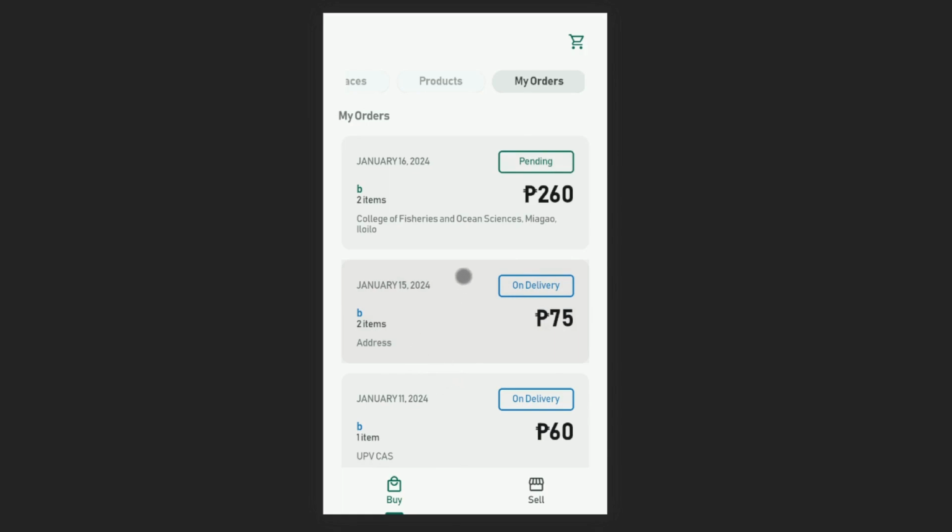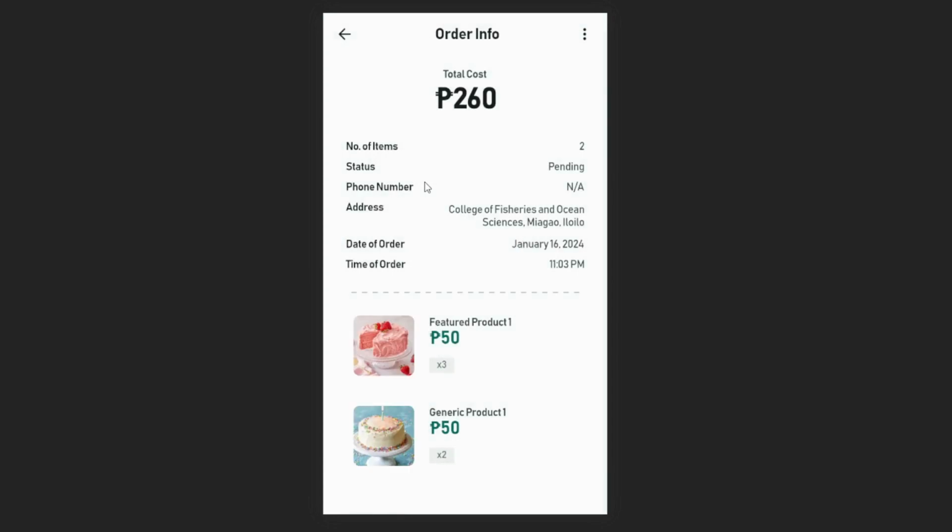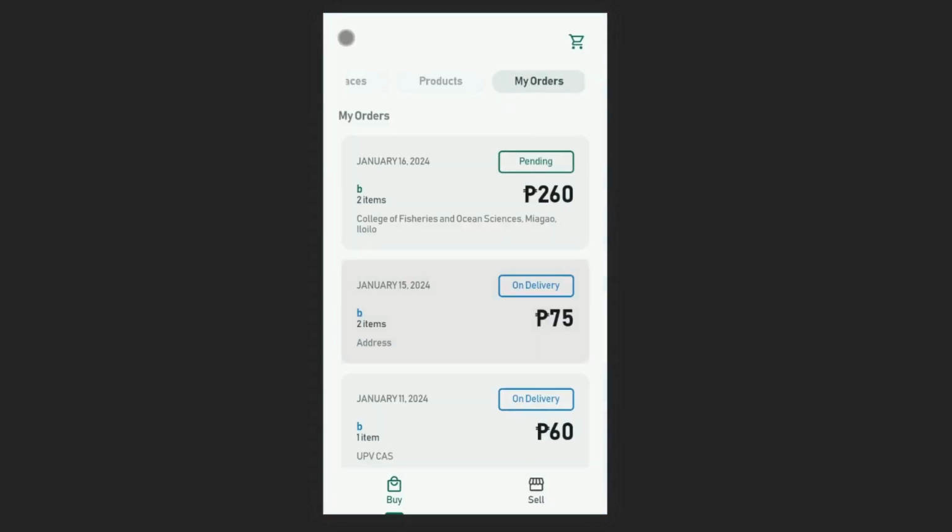We can view more information about the order when we click on one of the order cards. So as you would see, earlier we ordered 3 strawberry cakes and 2 vanilla cakes. So in here, we can see the date of order, the time of order, and the amount that we paid or are about to pay, as well as our address and the current status of our order. So if we go back,